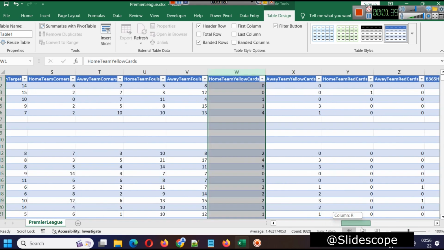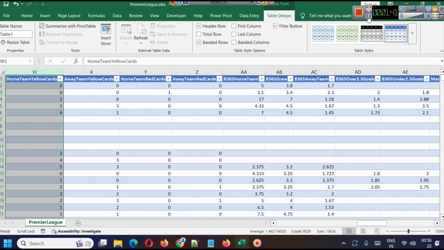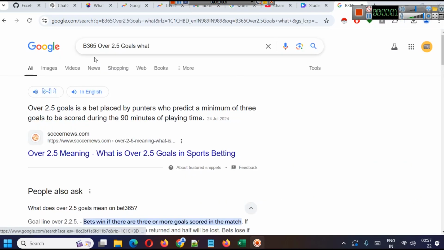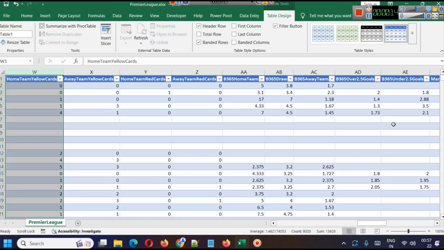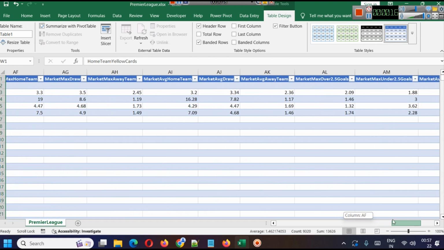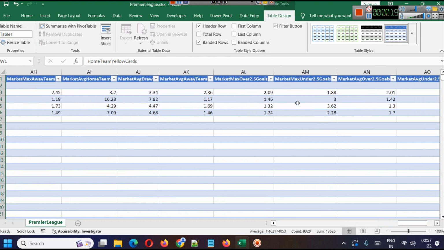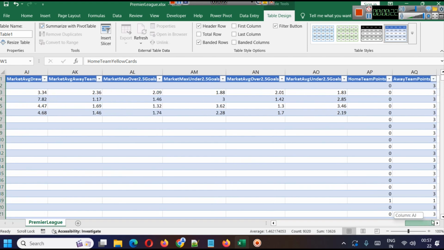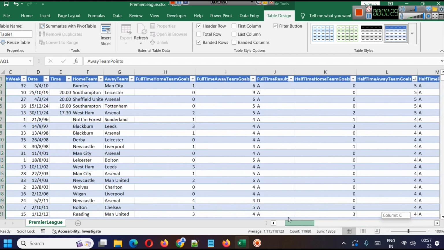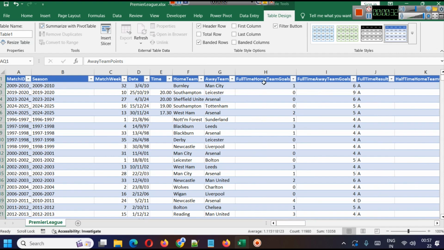We also have some data regarding the betting. For example, B365 over 2.5 goals means there is a bet placed by punters who predict a minimum of 3 goals to be scored during the 90 minutes of time, etc. Obviously, in the first part, we will not consider these market max or B365 goals, but later we can consider. And here we will consider home team points and away team points. So these are the columns that we are going to consider, and with this now we will load the data